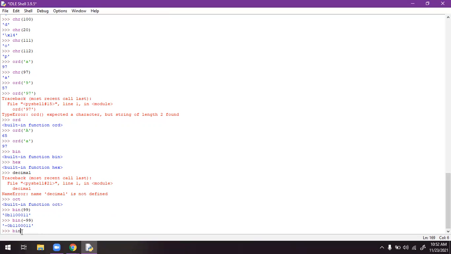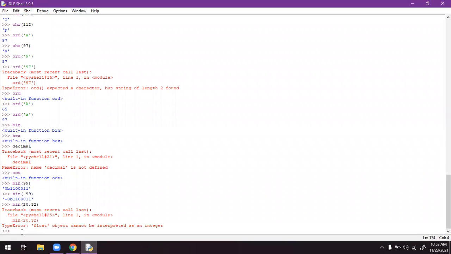Binary of, suppose, 20.32. If you write like this, it gives an error. Why? Because binary, octal and hexadecimal conversions happen only in integer form. Those operations will not be performed as float operations.